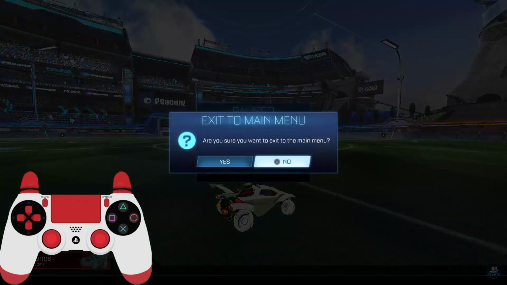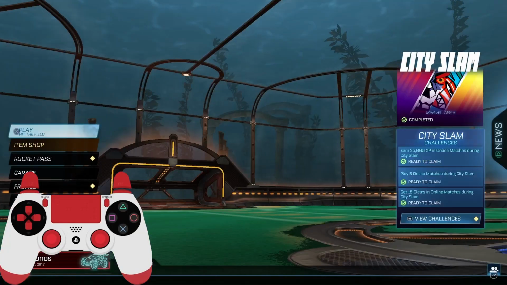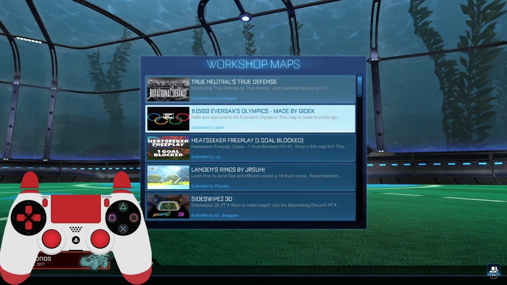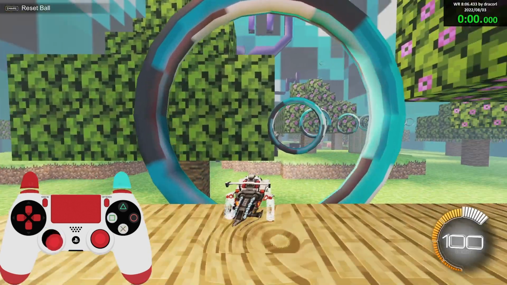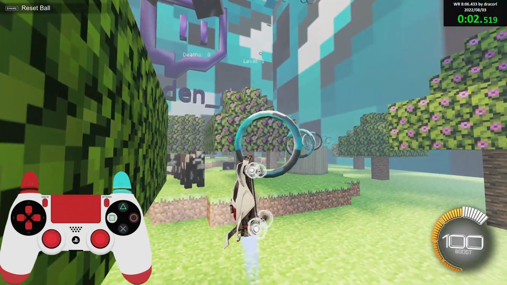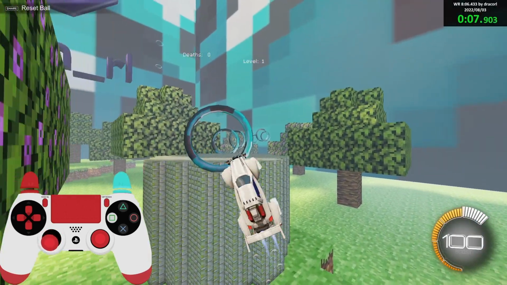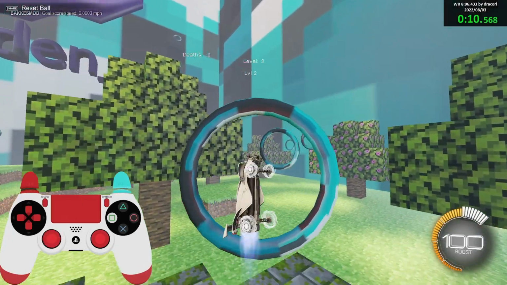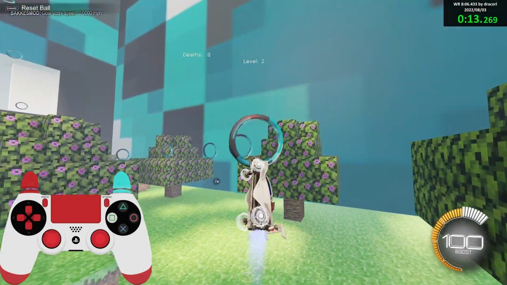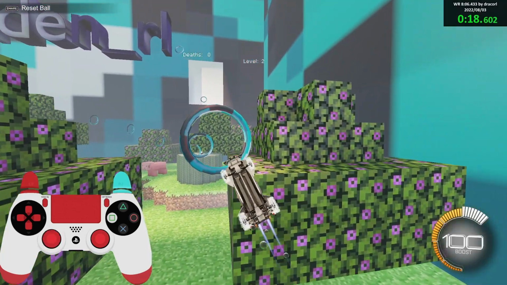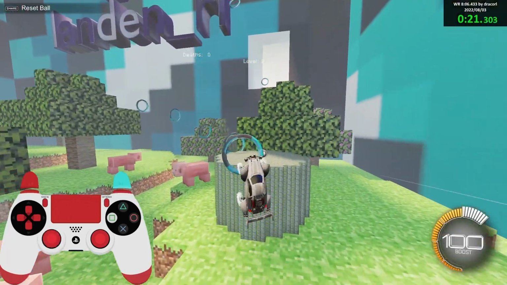And then the way you translate it over to the rings maps is once you've learned how to change direction from going counterclockwise to clockwise, you'll start using those inputs in rings. Just kind of imagine if you're going in a clockwise direction like right here, just do those inputs like you would have done around clockwise of the ball, and then again here with clockwise rotations, and then switch over to counterclockwise rotations of the stick. It'll take a little bit of getting used to using both of them